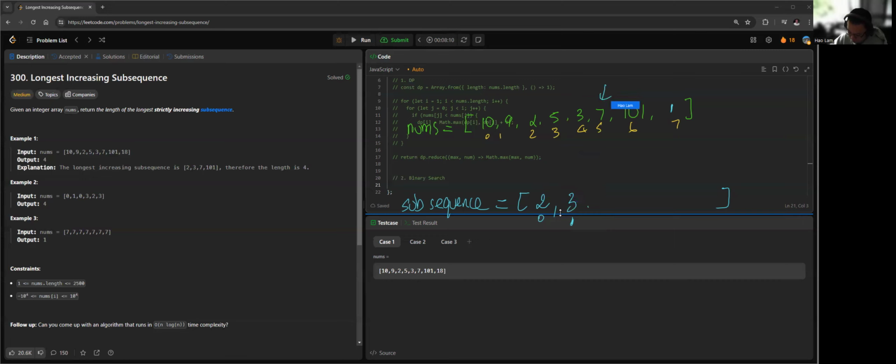Okay, so 7 is larger than the last number in the subsequent, which is 3. So we found a new number in the sequence and we add it. Same for the 101. Now we find 18. Because 18 is smaller than the last number in the subsequent,